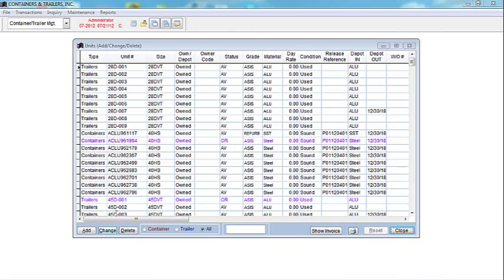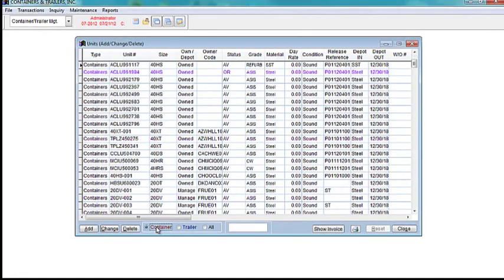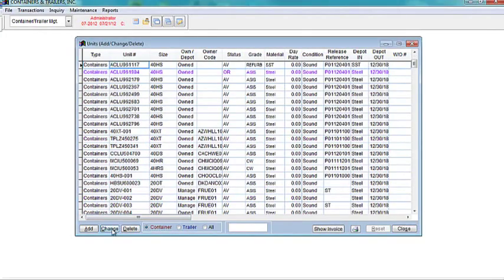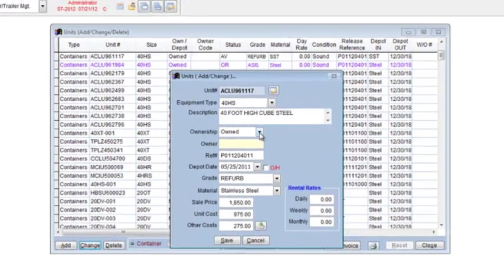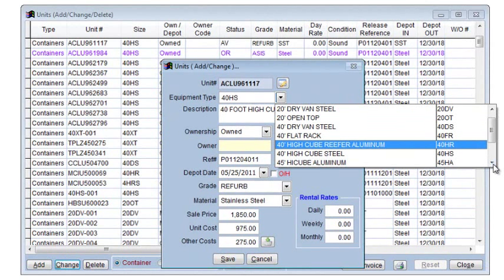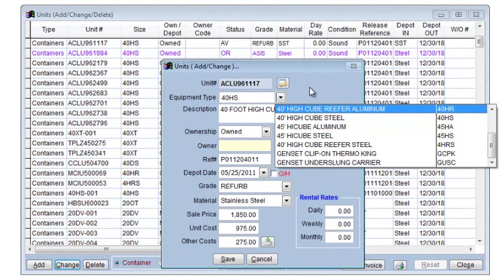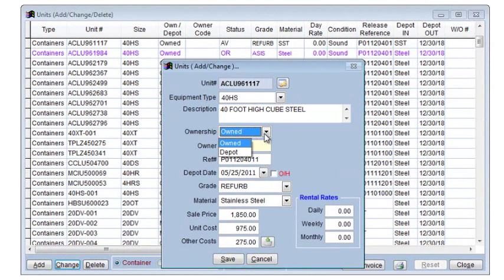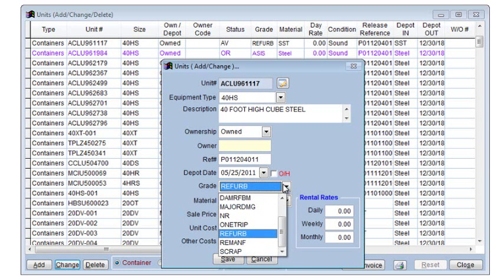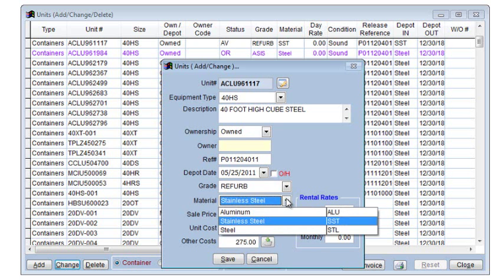Contrast that with the setup of a container. A simpler screen is provided when you're entering a container with data fields that are appropriate for it, including whether the container is owned by you or perhaps is a depot unit belonging to someone else that is storing it with you temporarily. You can also indicate the grade, the materials,